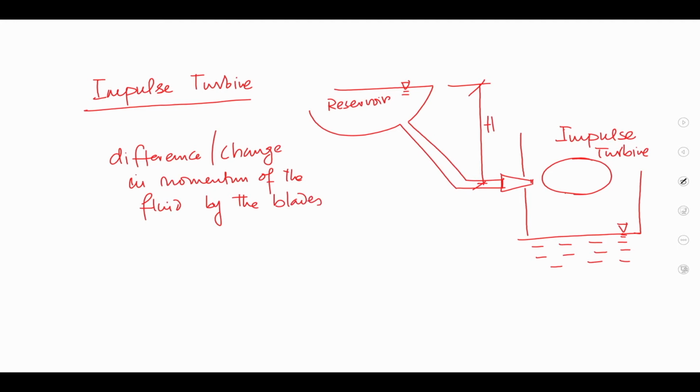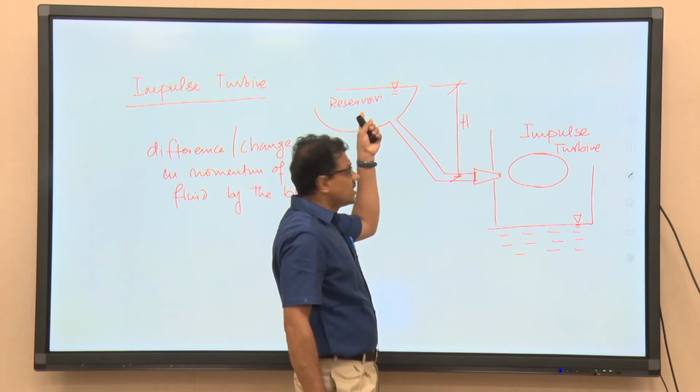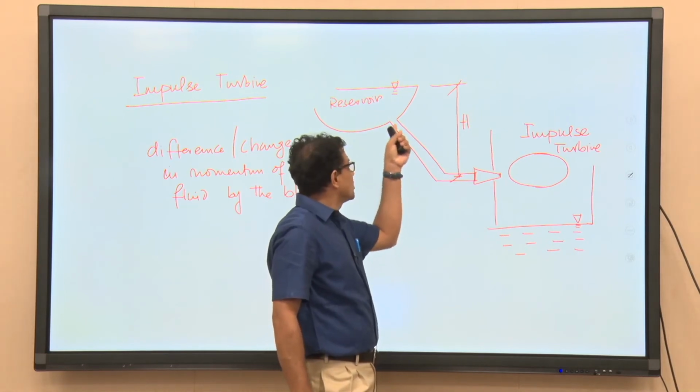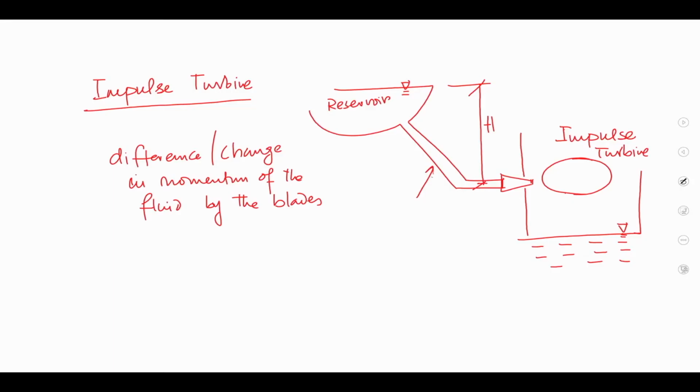See, in this particular turbine, water which is stored in this reservoir, that stored energy, will be allowed to flow through a special fluidic confinement that is known as penstock. So, it has a special name, penstock. Water flows through this fluidic channel, and before water enters into the turbine, it will be allowed to pass through this device which is known as nozzle. So, this is the flow nozzle.